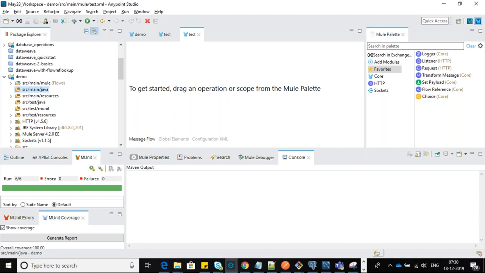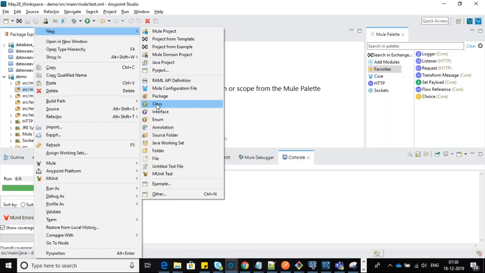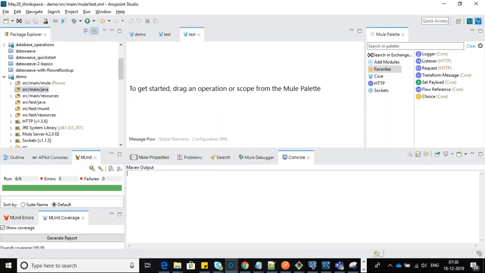In the worst scenarios, if you write any Java class, here is the thing: you have to create a new Java class. You can see it here. You can create it. We'll address clearly how to write any Java class or method, and how to call it inside DataWeave or even inside MuleSoft. We'll address it clearly in our sessions. The next one: the Java classes we have to keep under src/main/java.